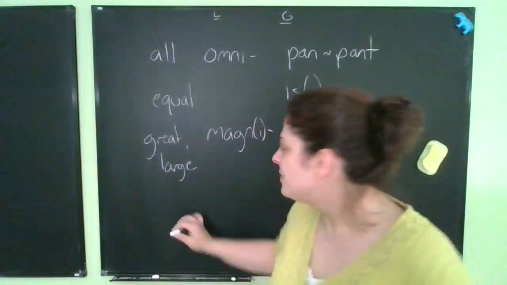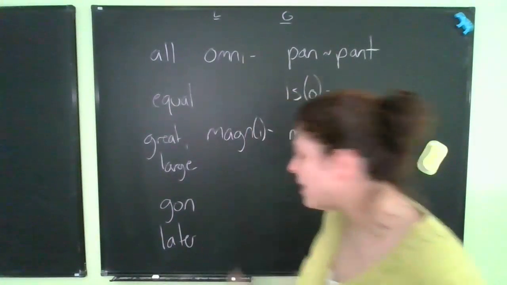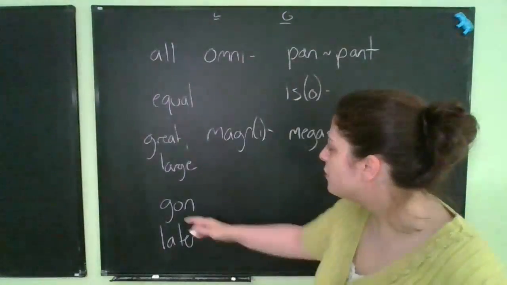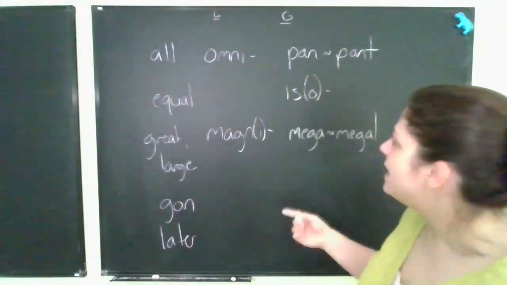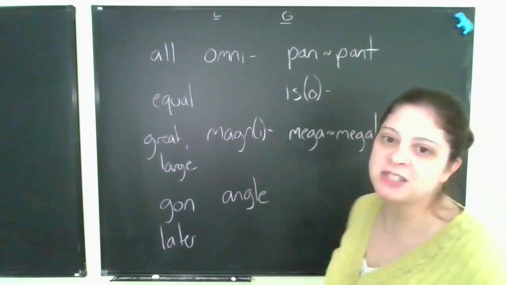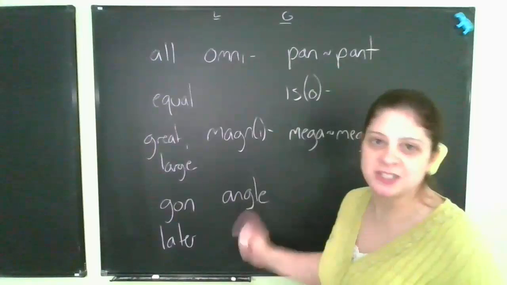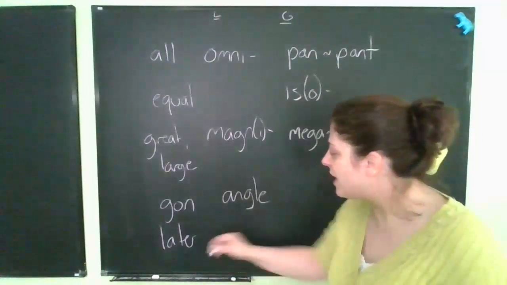Two roots then, as well, just roots that we see in mathematical terms and then sometimes elsewhere as well. First up, gon. Gon is a Greek root that means angle. So anytime you hear pentagon, hexagon, heptagon, octagon, right, it means that many angles, 5 angles, 6 angles, and so forth. Later is side,